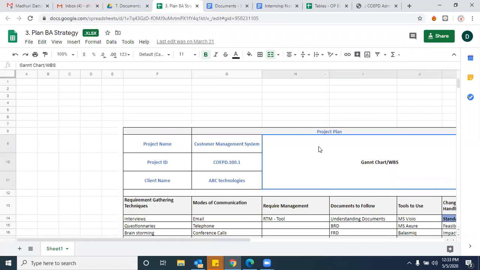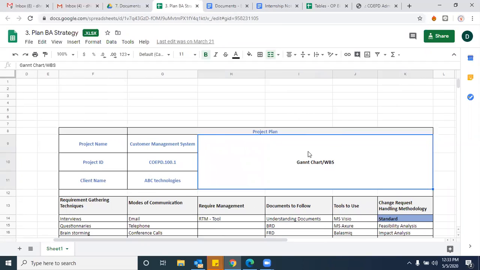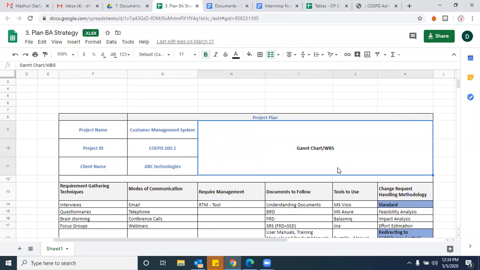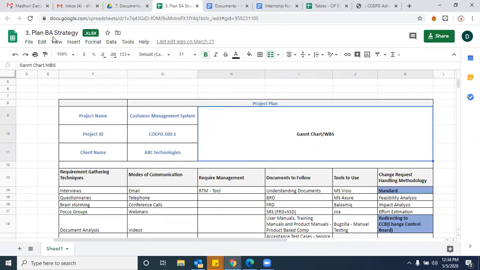See, the question, even the answer is also here. If we have a question why work breakdown structure, we need to refer. Based on the work breakdown structure or the Gantt chart, we need to plan our strategy. This planning BA strategy will give you a brief idea of what sort of tools or strategies you are following, being a business analyst, to complete the project. Before initiating the project, how are you going to plan your strategies? For example, what sort of elicitation techniques you can use in this project, what sort of modes of communication, what sort of tools you are using, and what sort of plan for change requests. All these things we'll discuss in this planning BA strategy. This is very, very important. From this document onwards, we need to prepare. Do remember.